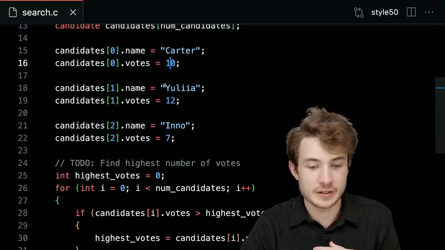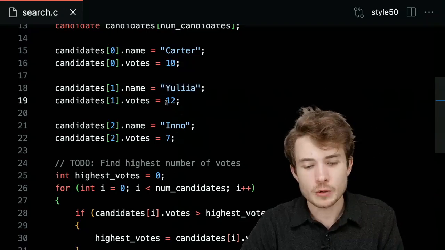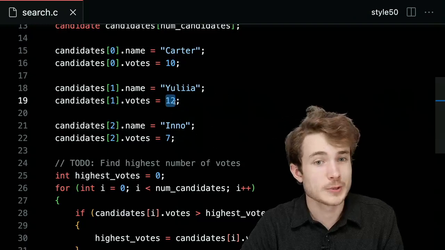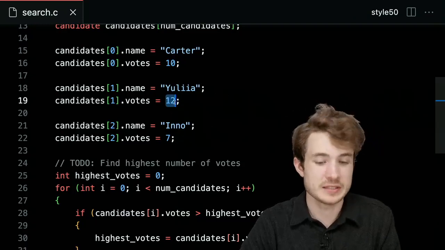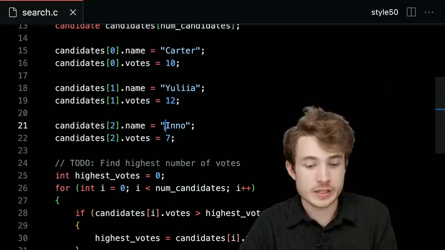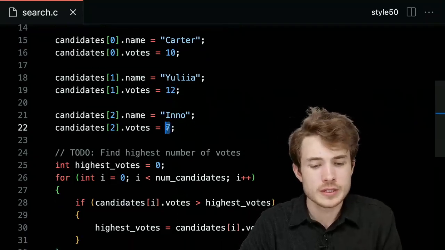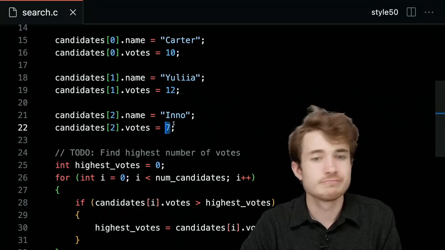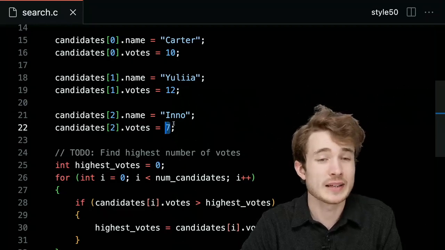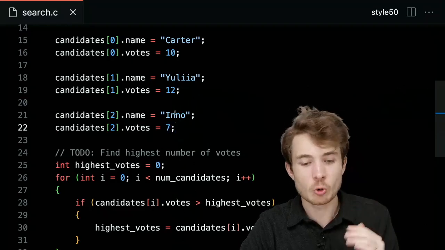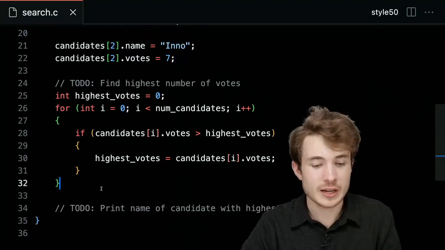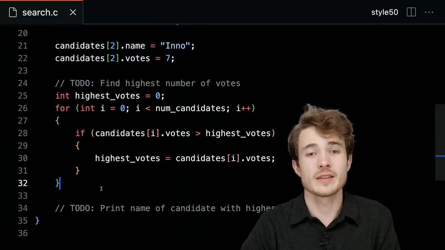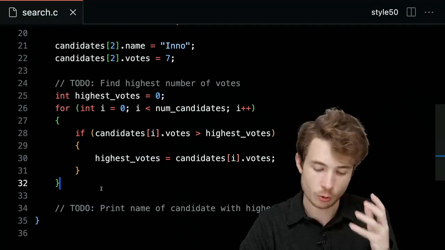I'll look at the next candidate. This one is Julia. And I'll say, well, is 12 greater than 10? It is. So my new highest number of votes is now 12. I'll then look at the next one and ask, well, is 7 greater than 12? It's not in this case, so my highest number of votes is still going to be 12, and by the time I'm done, highest votes should equal the number of votes